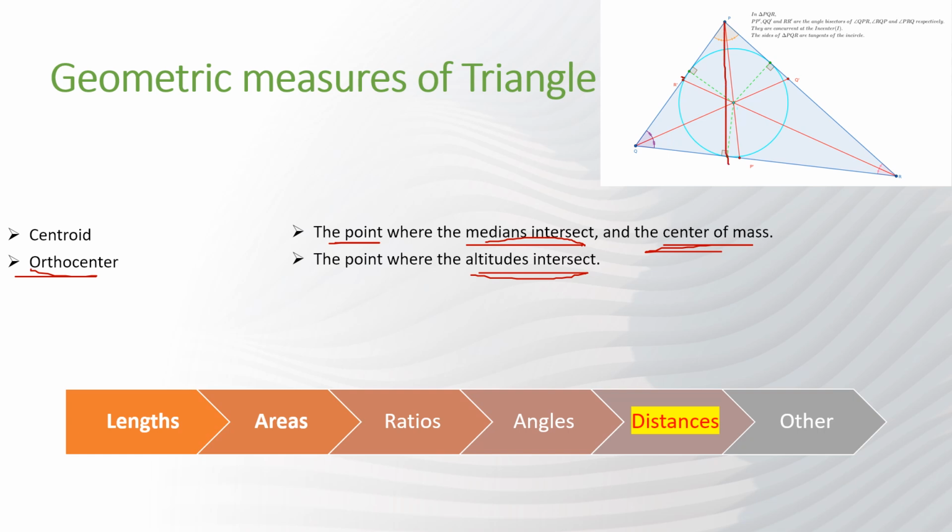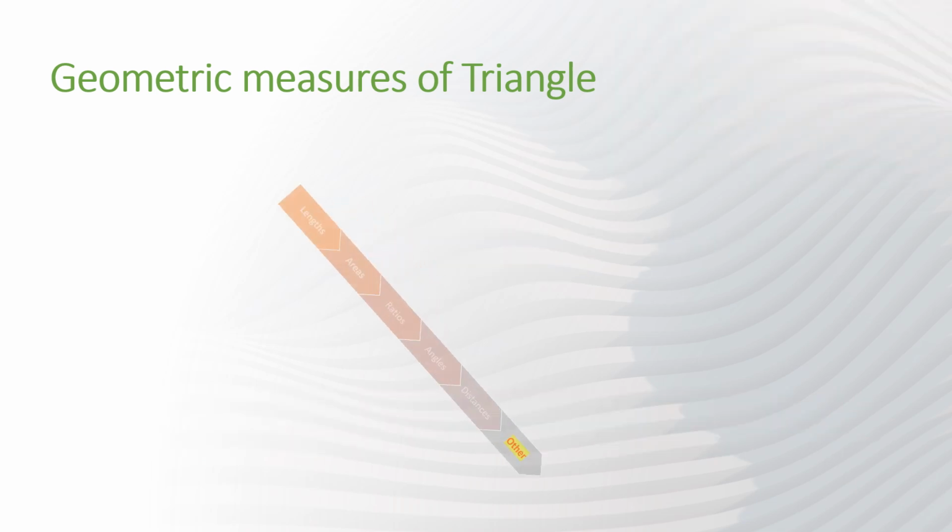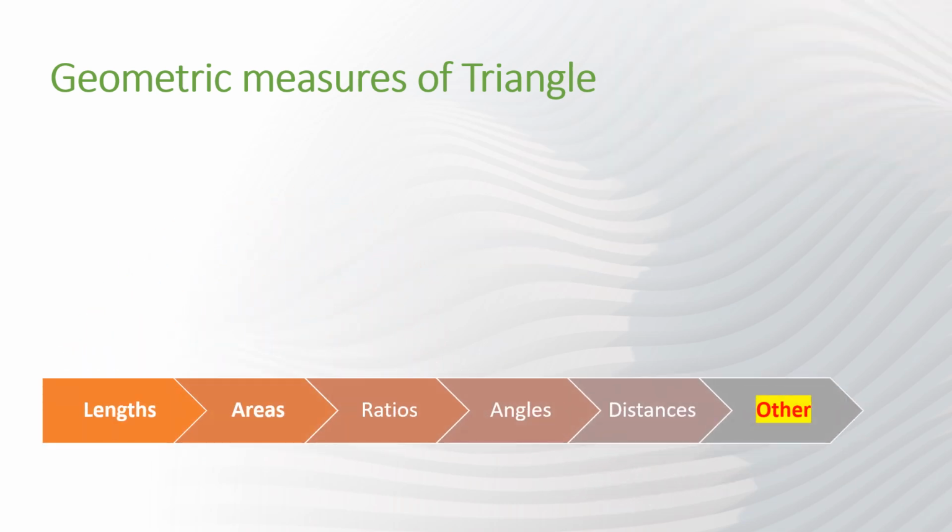So for example, this line, and what is the length of this line? Assume it is a perpendicular. Let me draw a perpendicular line, for example, here. The length of this line, we call it the height. So where these three lines meet, that's what we call the orthocenter. Okay, next, a couple more